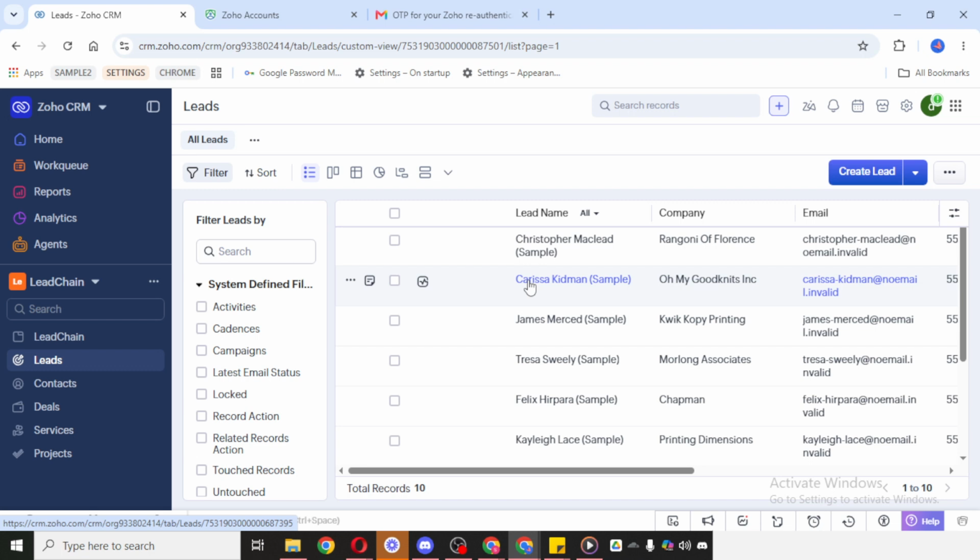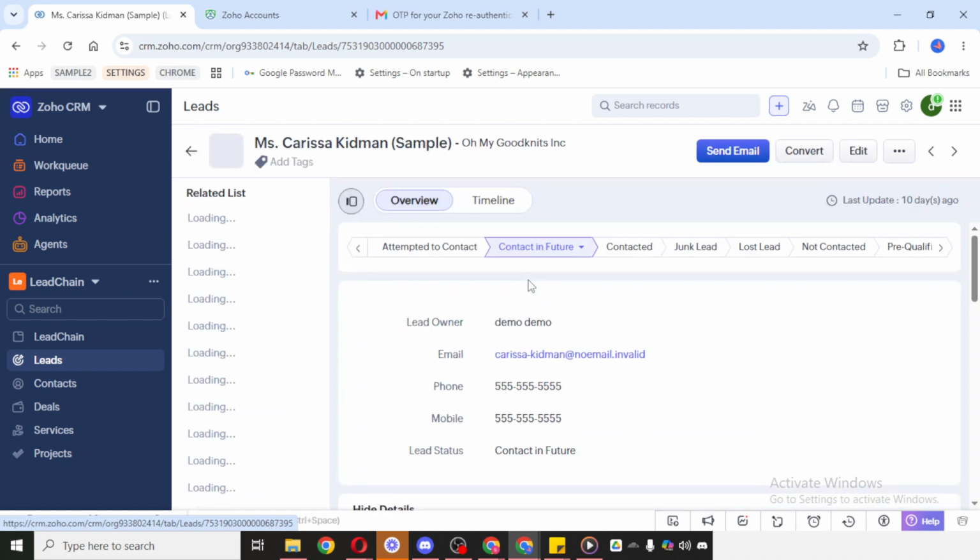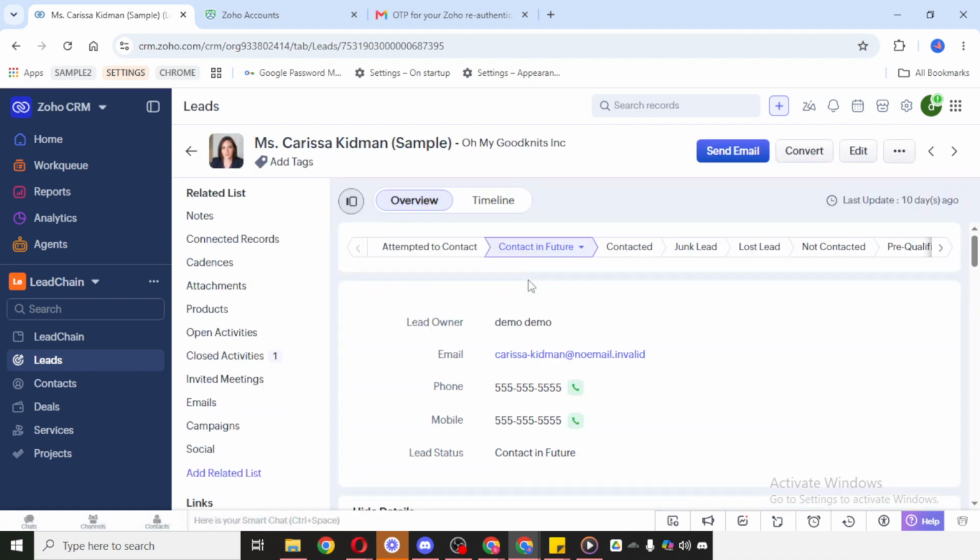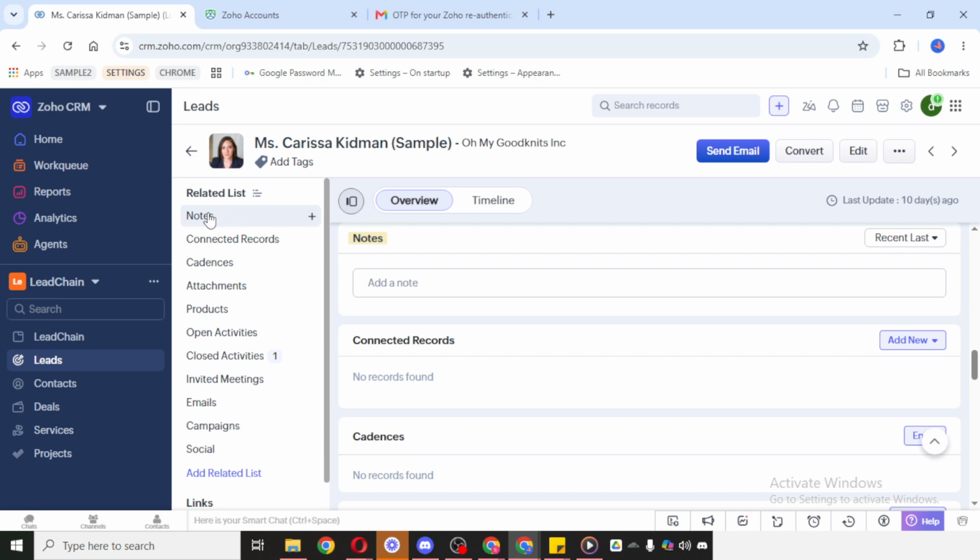This will take you to the detailed view, where you can see the lead's information, activity, and related sections. In this area, look for the Notes option and click on it. The Notes section is designed to help you store extra written details that may not fit into the standard fields of the CRM. After opening the Notes area, you can go ahead and add your note.